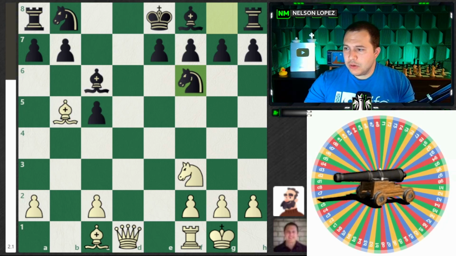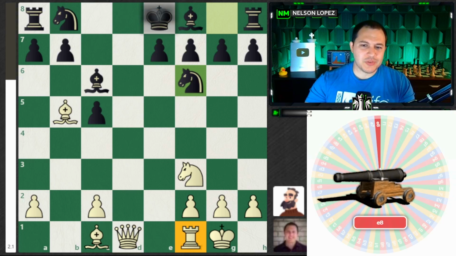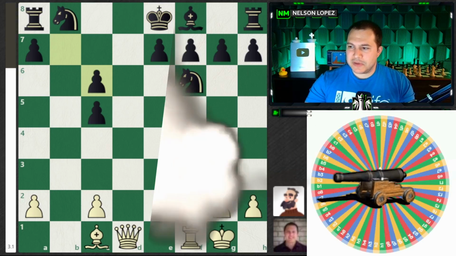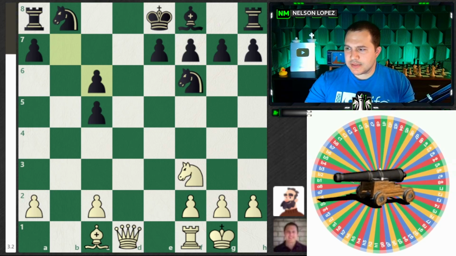And it's... So close to f1. Almost lost the other rook. But near miss. It's e8. He's fine because his king is, you know, wearing the armor. All right, let's take the bishop. He takes me back. He fires another cannon. What do we have? What do we have? What do we have? It's...